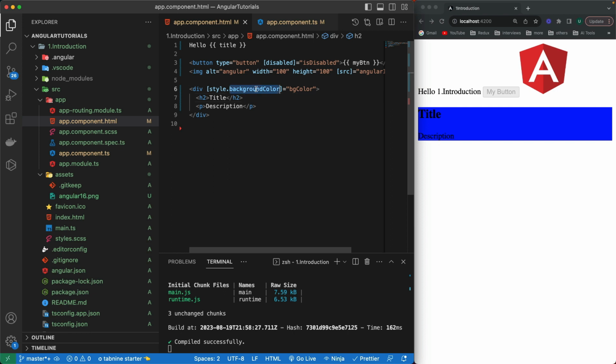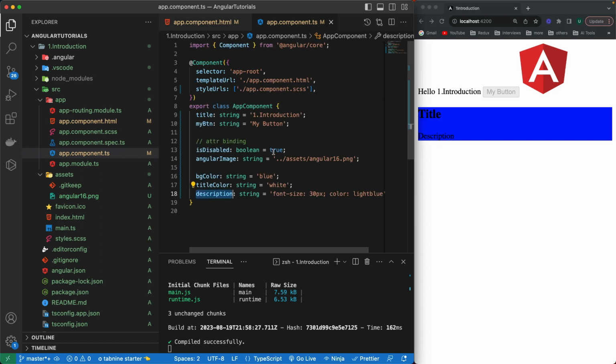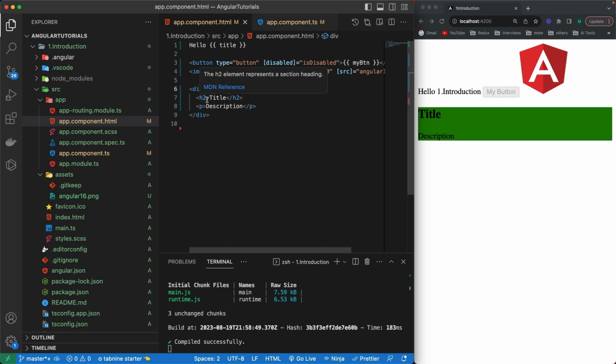and it is actually taking the value from the variable named bg color, and this bg color is containing the blue, and I can change it like the green from here. And if I save it, it will compile again automatically and it will become green. It's looking awesome. Now let's apply the same styles title color and the description in our HTML for this H2